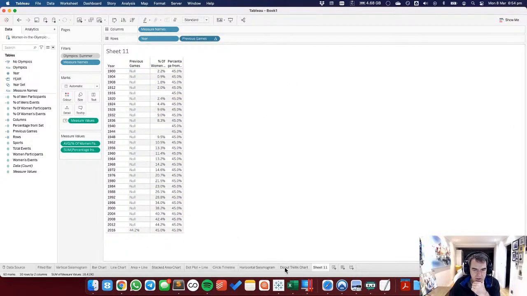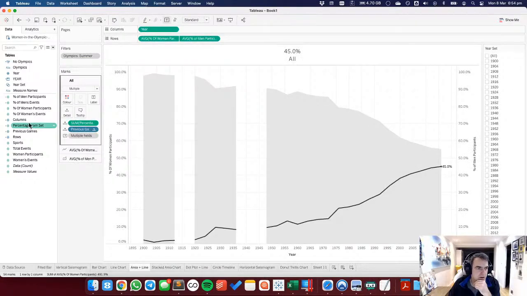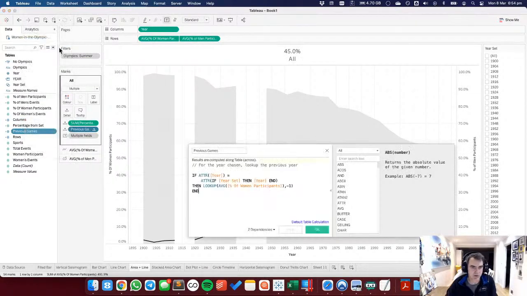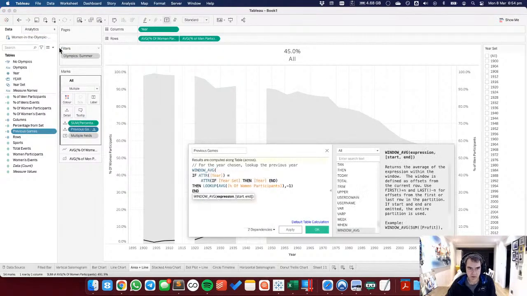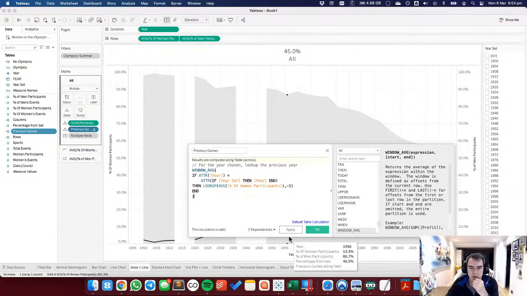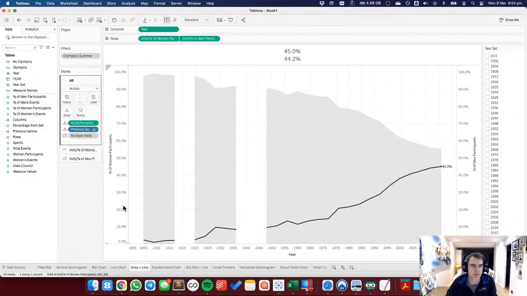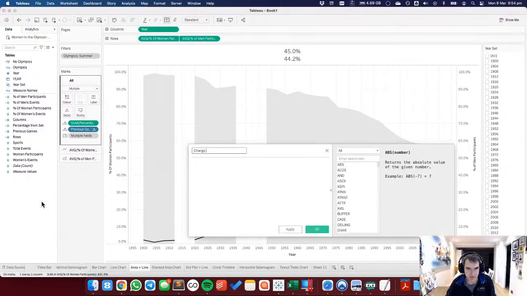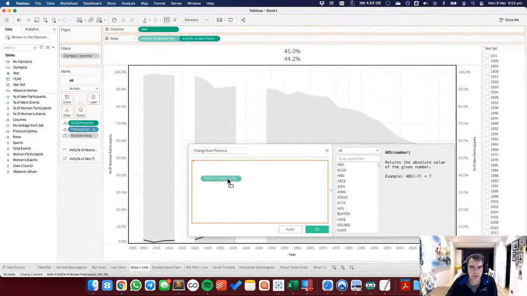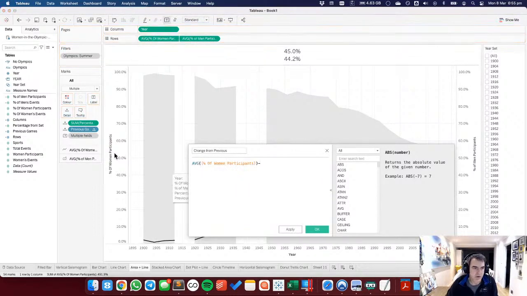Okay, I think I need to do one more thing here then and wrap this in a window average. Let's try that. There we go, 44.2, and then previous games, and then change from previous. And now I want to do the women participants minus the previous games,